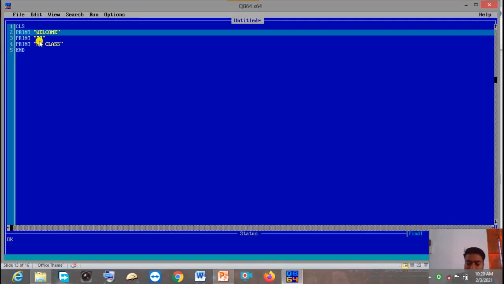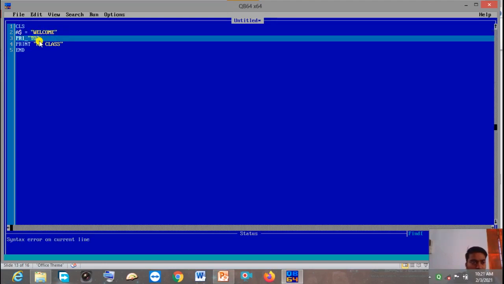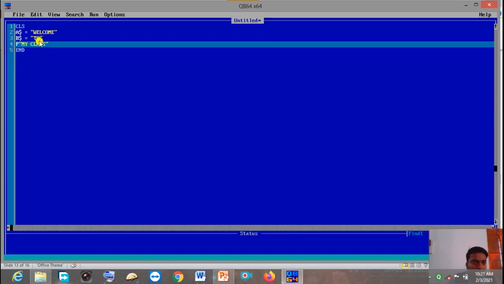Suppose I am using here let, or without let also we can take the variable. A$ equal to, then here B$ equal to, then here C$ equal to.